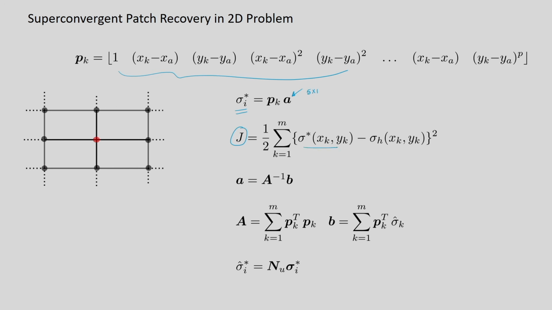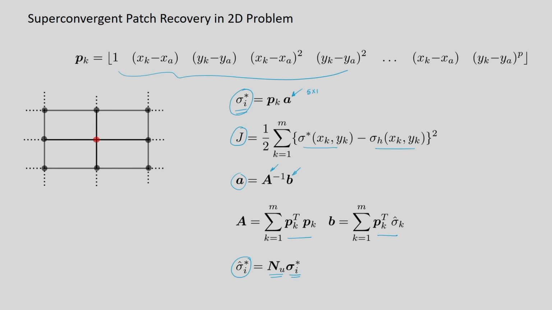Similarly, we will define the error, that is the difference between the recovered stress and the stress obtained from the finite element solution. We will obtain the A matrix and the B vector. In this case the expressions are the same, only their size will be more, alright. So, we will obtain A. Once we obtain A, we will obtain the recovered stresses at the internal nodes, and then we will form the recovered stress field using the shape functions that are used to represent the displacement. In this case it is B equal to 2 times the nodal stresses or nodal recovered stresses, alright.